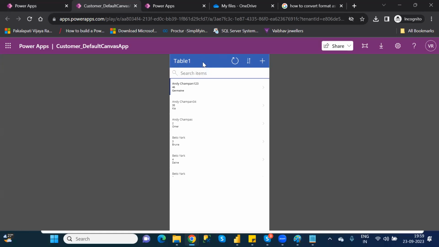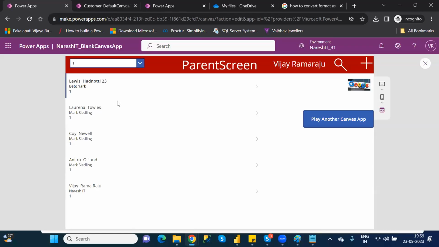Again, you have to use the launch function. In the launch function, this related app URL, you can give it there itself. When you click on that one, automatically it will come here. Understand? Like that, you can navigate from here to there, there to here. Understand clearly or not? So today I will show you the launch function is used in images, icons